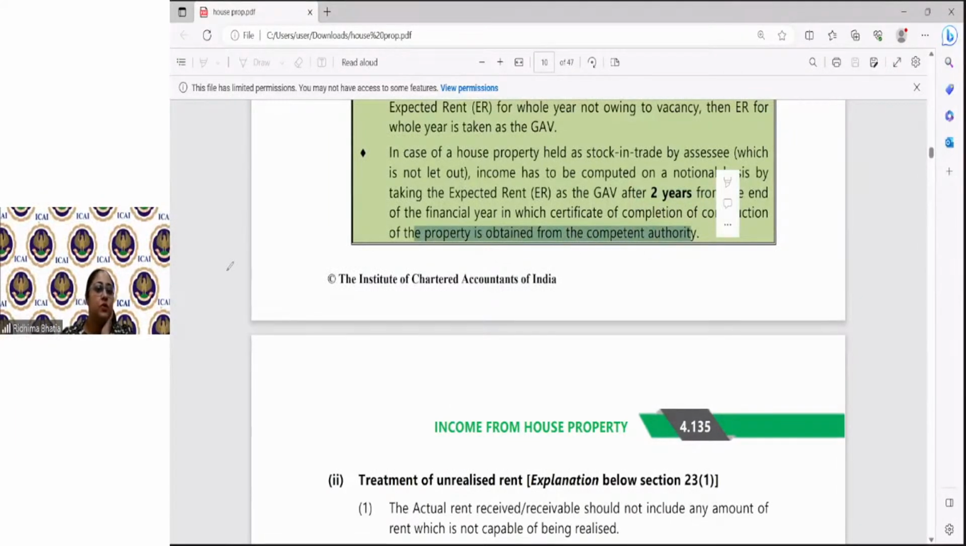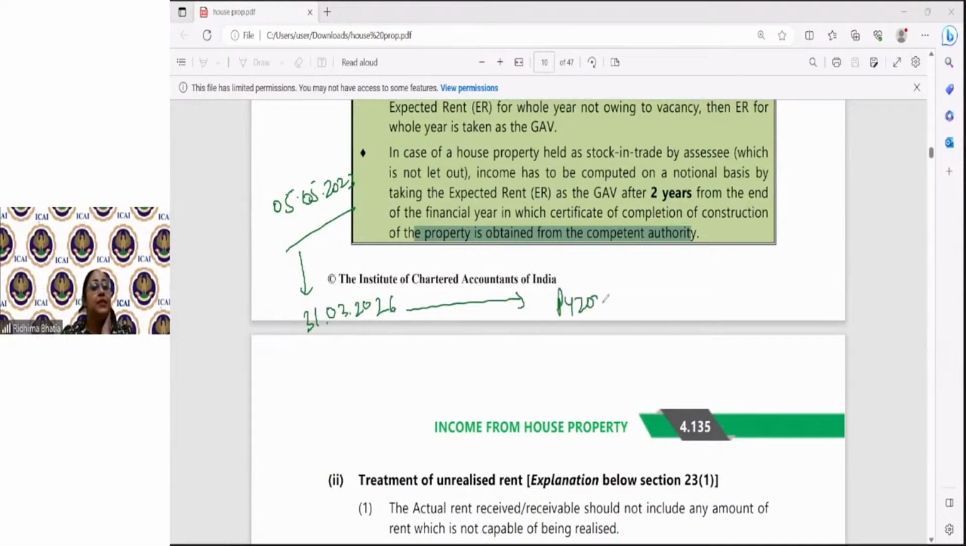So in our case also, when the property was completed on 5th May 2023, so the financial year end कब हुआ? 31st March 2024. तो वो 2 years period कब end होगा? By 31st March 2026. So from previous year 26-27 onwards, all the flats which are unsold and are kept as stock in trade,